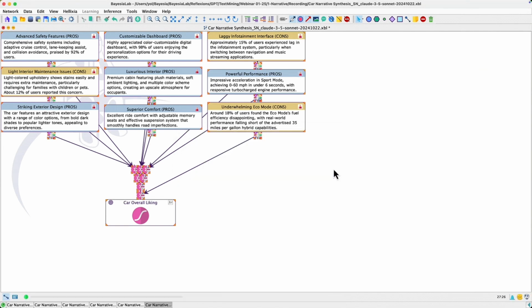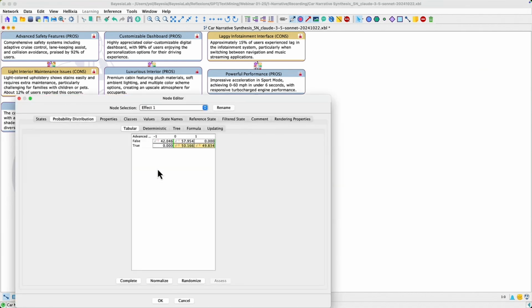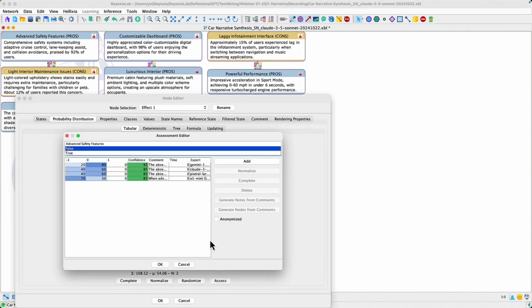So we click on this node first to check the priority. We see that for false, no disagreement. For true, it's yellow, so there is a little bit of disagreement. And when you see, for false, indeed, they are not 100% in agreement, but it's not strong, and there is nothing strange in the comments.